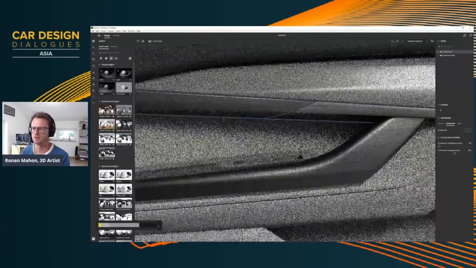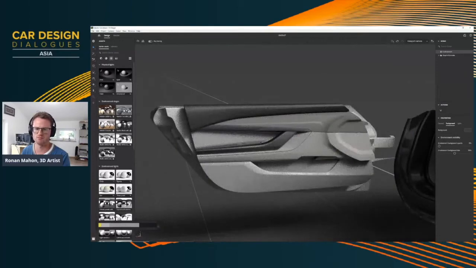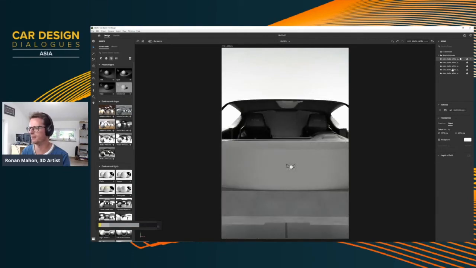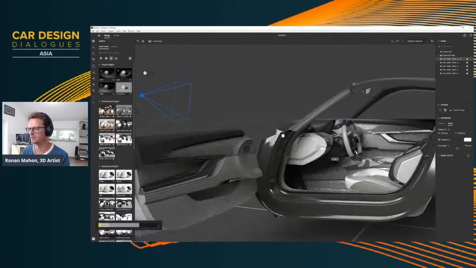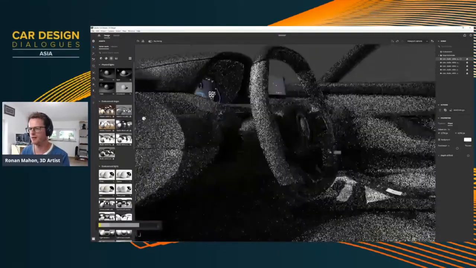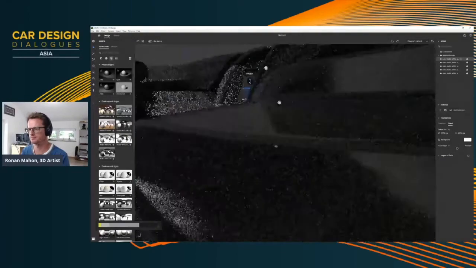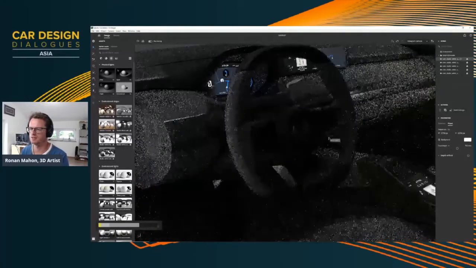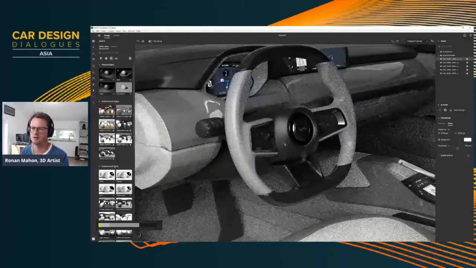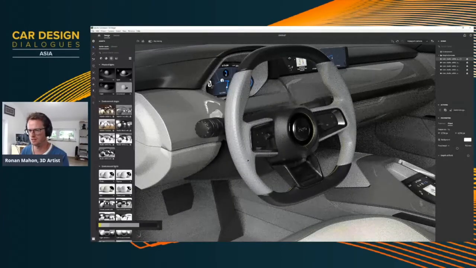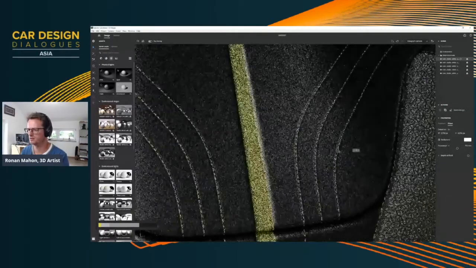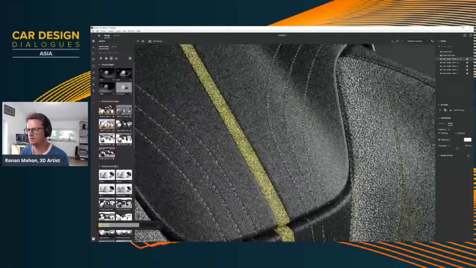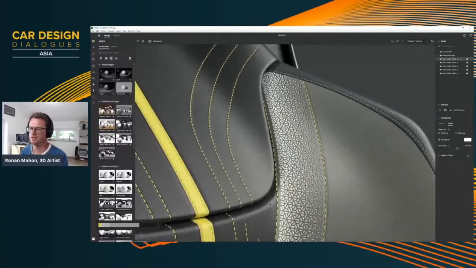I can come over here and start to play with the studio environment settings. There are lots of presets here. These are full environment stages, using captured HDRIs to give you that higher quality response. And it iterates as you update it here. Maybe you want to come into the seat, look a little closer, and check out how her pattern is working. And this is just live in the viewport.